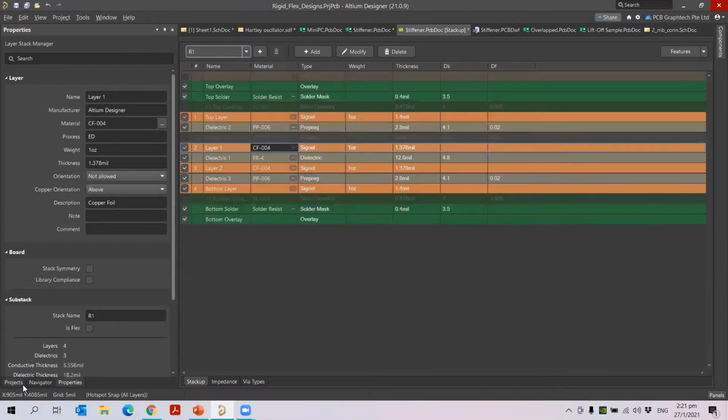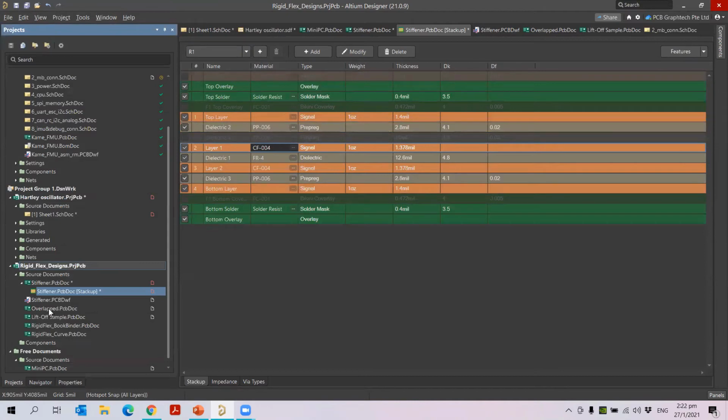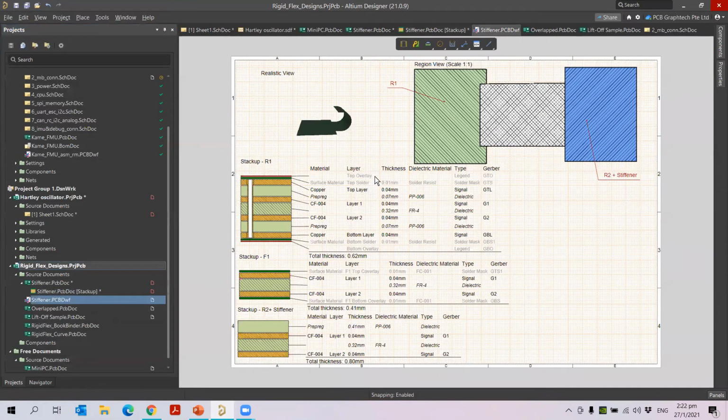Okay, so now we will go for the next example I want to show you. Once we have done this, we can go for this, yeah, draftsman. So with draftsman, when you have the layer stack up, we can show your colleagues or your manufacturer the build up of your layer stack up, like R1, F1. And if you are using a stiffener, you want to show that material to the manufacturer, you can place the layer stacks individually so that all the properties of the layer stack can be visible to them. As documentation, they will know more details about your board.